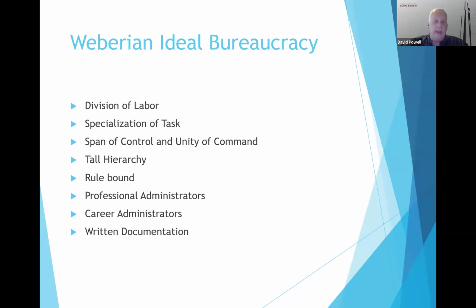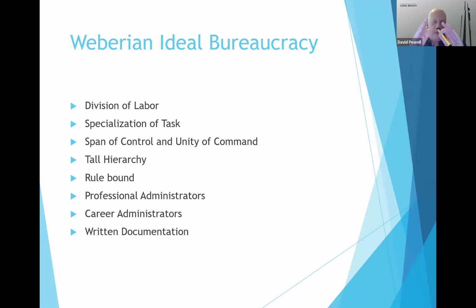This again feeds back into that idea we talked about last week of the problem of the principal-agent relationship. This is why those agents in that principal-agent relationship have all the information. This is where that information asymmetry comes from: their expert status that comes from specialization of tasks, that comes from a division of labor.